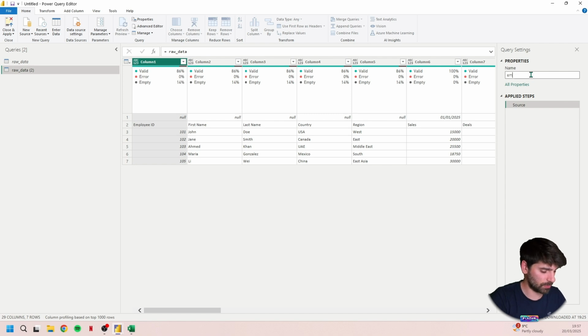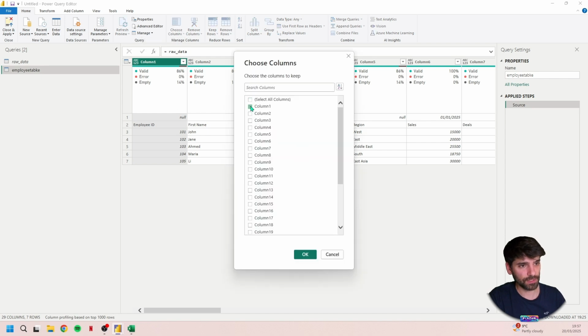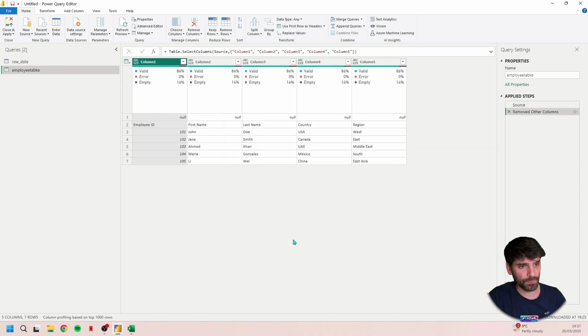So I'm just gonna call this employee table. And I can see the employee information is from column 1 to 5. So I'm just gonna keep those 5 columns. If I go to home and then choose columns here, select column 1 to 5 and hit OK. And then I can just remove the first row and promote the headers, but in this case